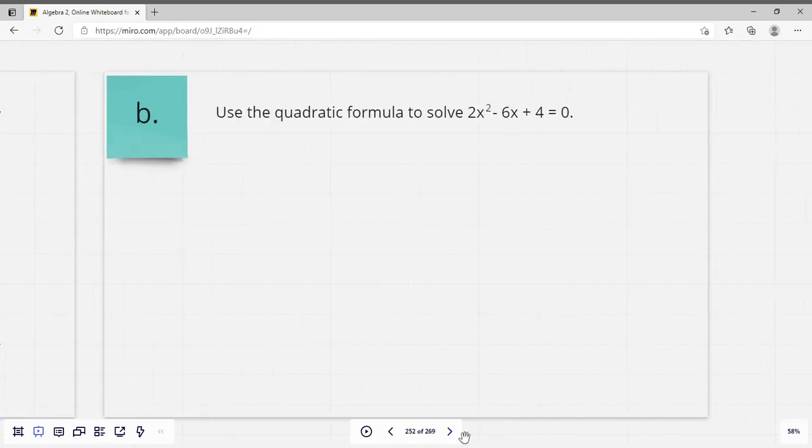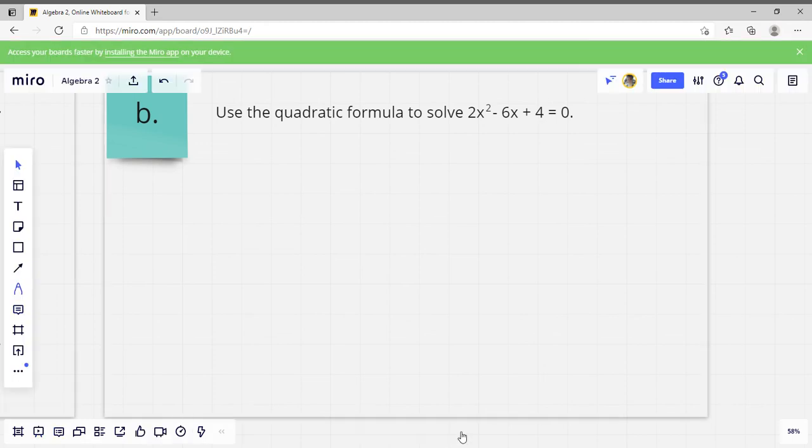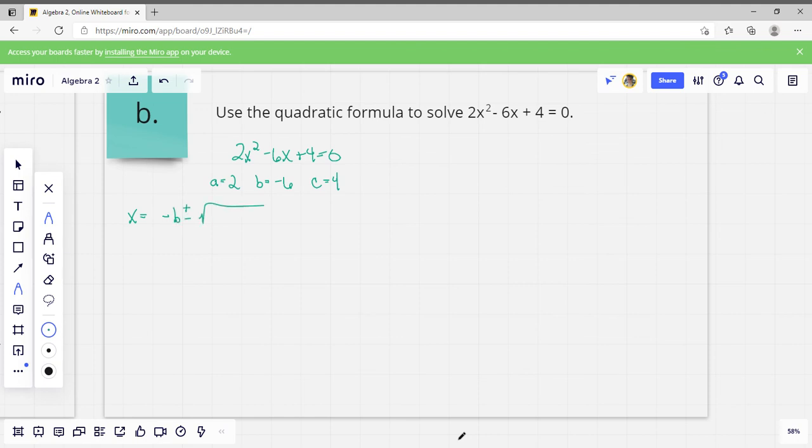Alright, in this one, use the quadratic formula to solve. Okay, so we're going to rewrite this: 2x squared minus 6x plus 4 equals 0. So our a is going to be the coefficient of x squared, which is 2. Our b is going to be the coefficient of x, which would be negative 6. And then our c is 4. Okay, so we're going to write the quadratic formula: x equals negative b plus or minus the square root of b squared minus 4ac